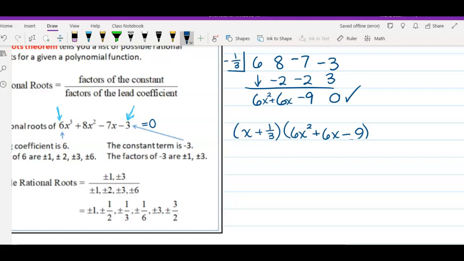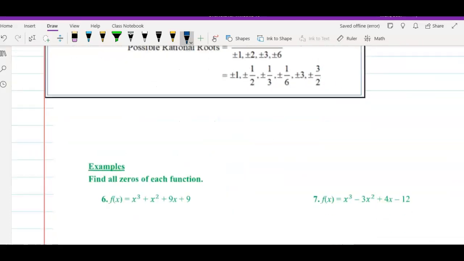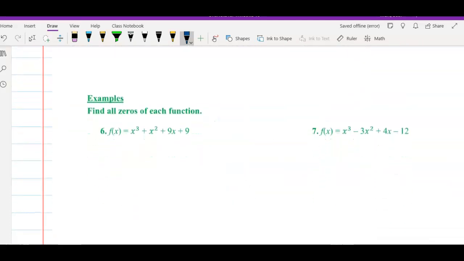This I could factor. I know I can pull out a factor of 3, so I have 3 times the quantity 2x squared plus 2x minus 3. And while I might not be able to factor this, I could use the quadratic formula to find the other 2 remaining factors at this point. Let's try that with,